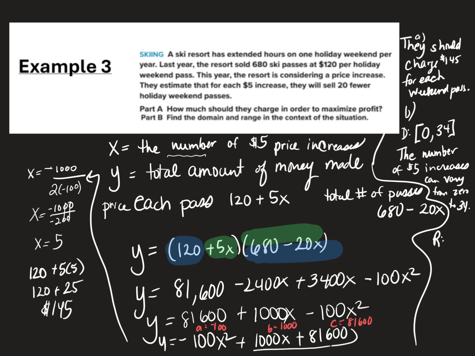And then for the range, my range also cannot be negative. And the maximum amount of money that can be generated, if I substitute 5 in for X,